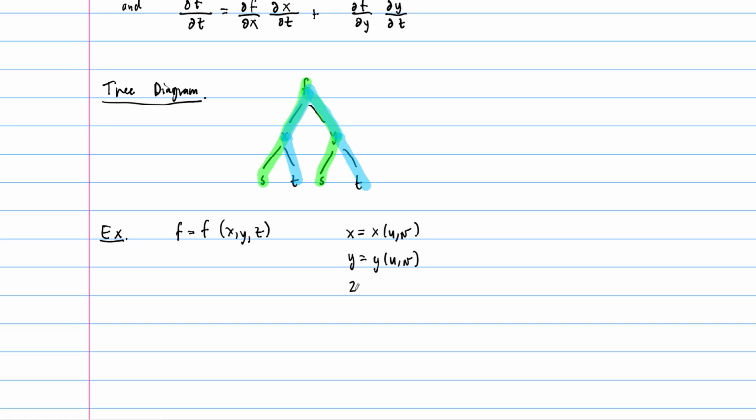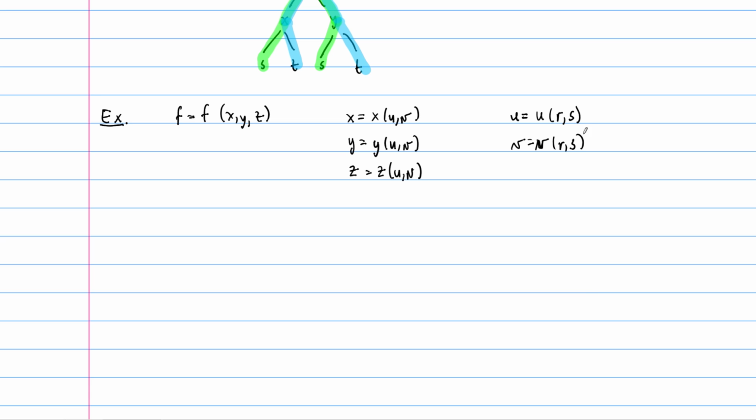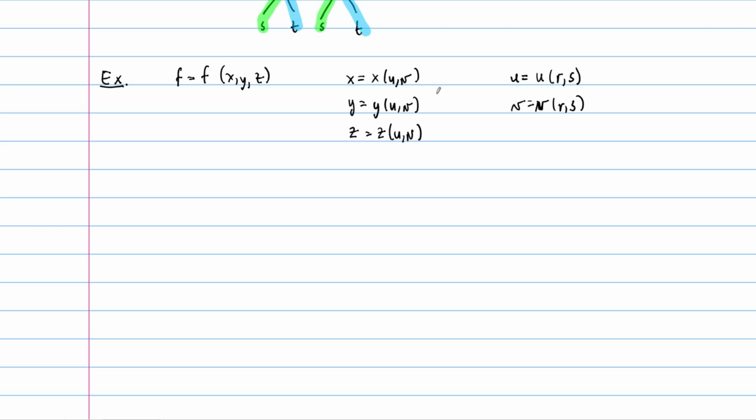So for this to work, all the independent variables have to be functions of the same independent variables. But then let's say even further that u and v are both functions of two variables. So maybe u is a function of r and s, and v is a function of r and s. And so ultimately, r and s are the most independent, right? They're going to be the final variables, and we're going to have to go through 2 levels here to see how this works. And this is where the tree becomes very useful, because now our tree, we can start with